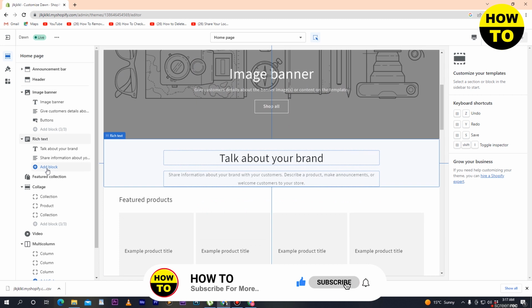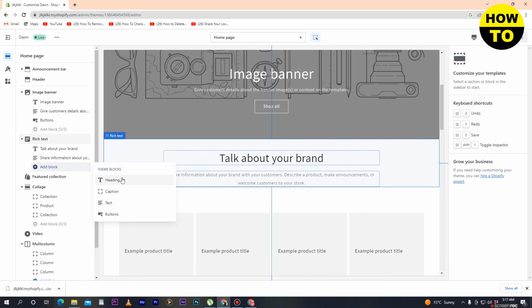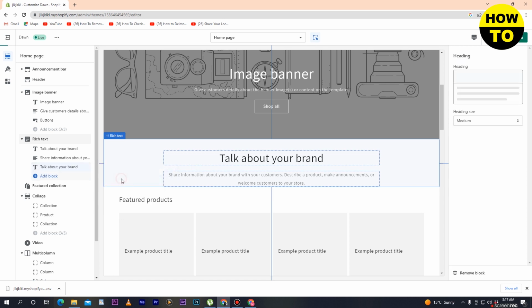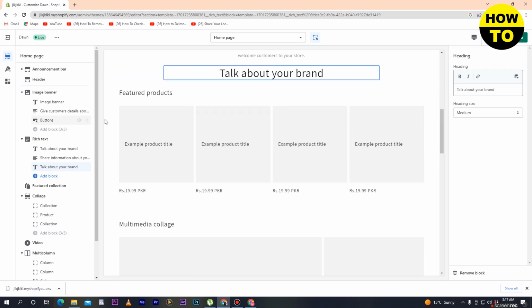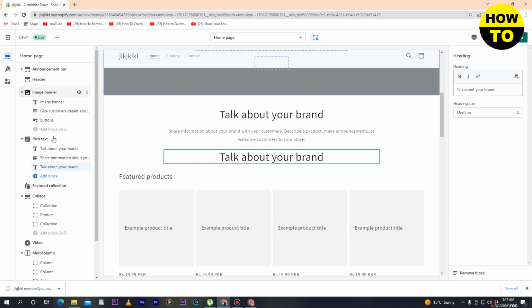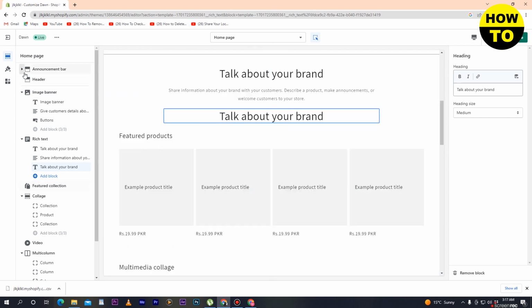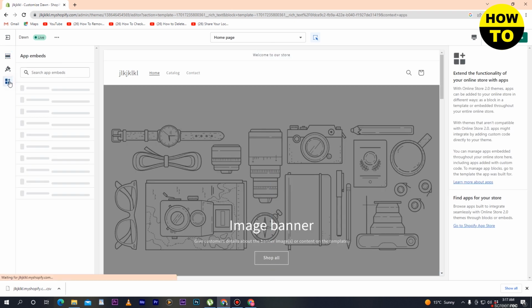So here you can see under this the add block option. So what we need to do, we have to click on add block. Now here you can see the heading option. So just simply click on heading, and after that when you click on heading, so now here just what you need to do,